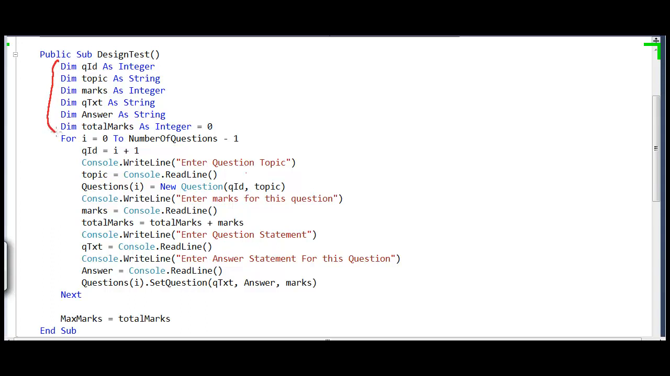So right at the top, I've declared a few variables that I'm going to be using in this procedure, and then I am running a loop. I'm going to run this loop from 0 to the total number of questions in the test. And remember, this value, number of questions,